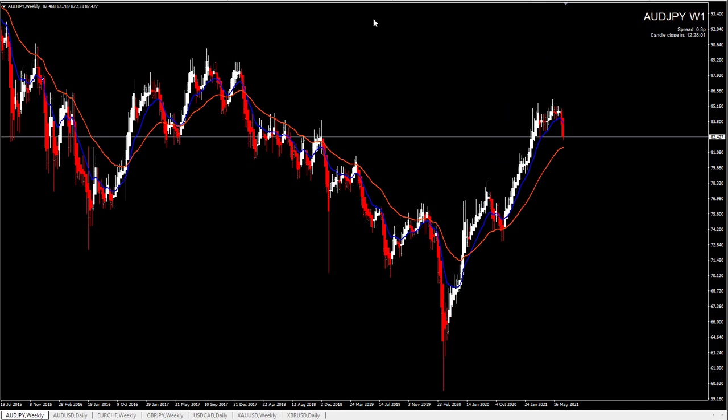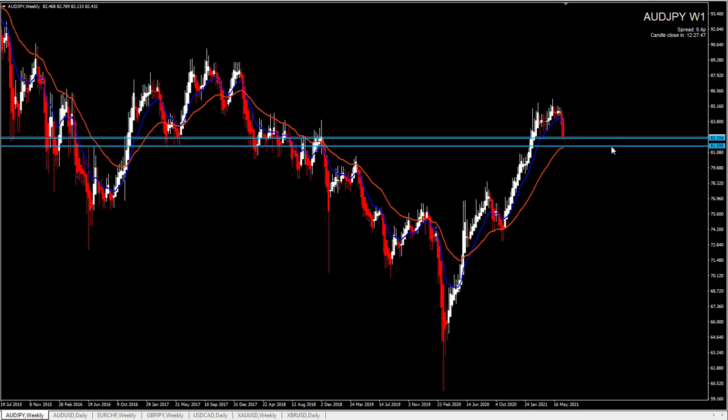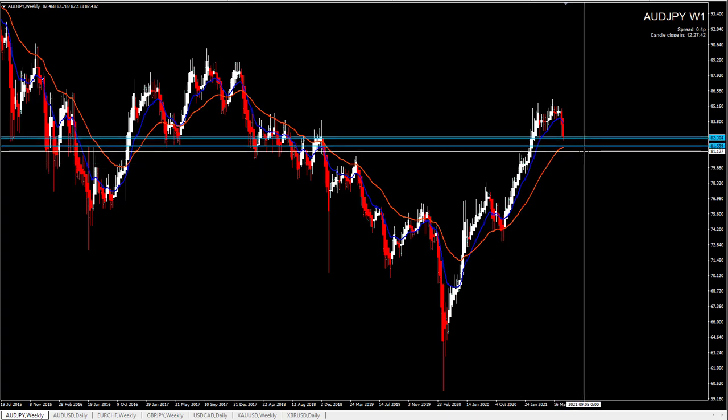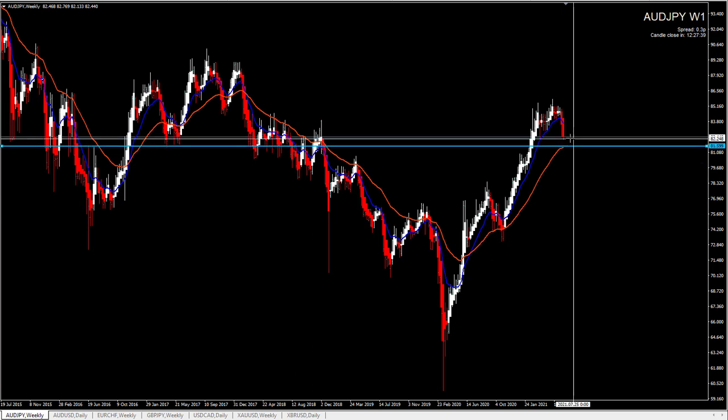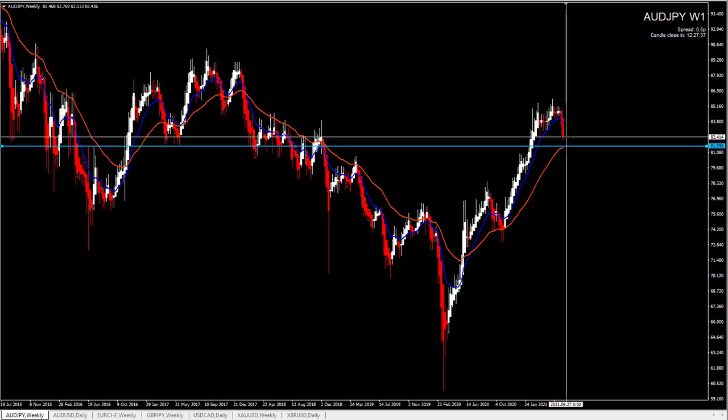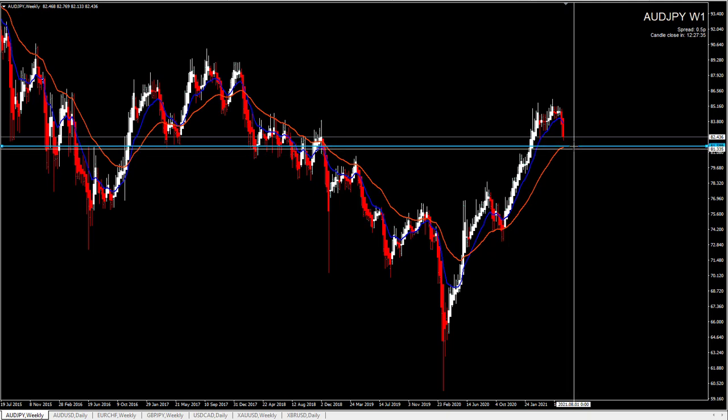So let's find on the weekly chart where our support resistance levels are. As we see, right now price is around the support zone, but if we go a little bit lower, there is also a support zone. Again, as I always repeat, this is a zone, so we are right now on the support, together with the 36 EMA, which is also our level. So we can just delete this line, knowing that we are around the support, and still try to target the